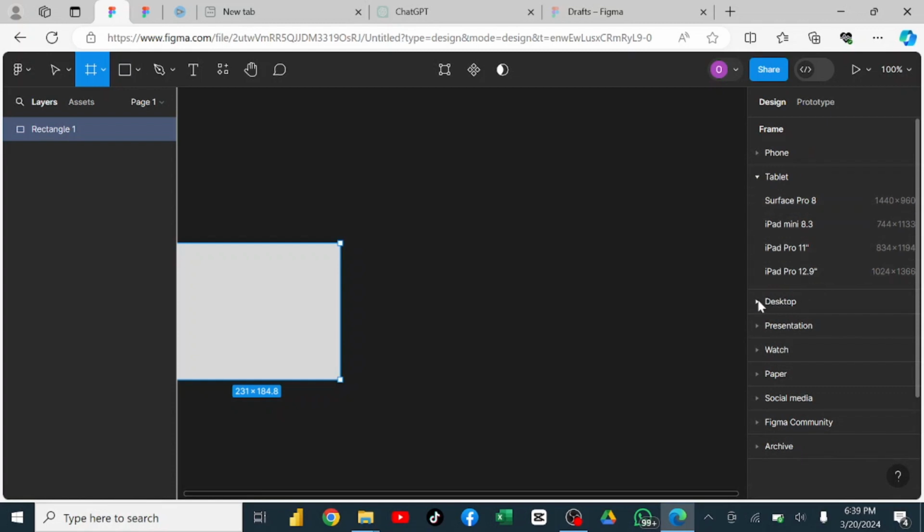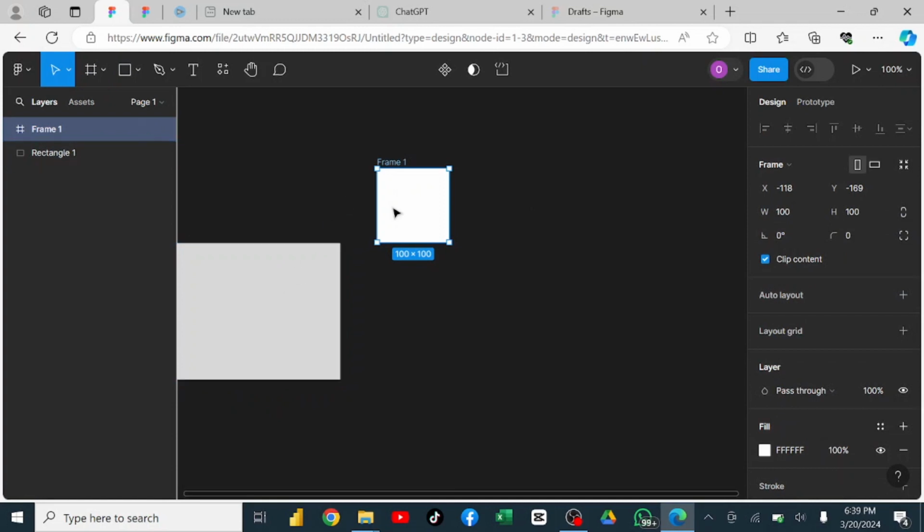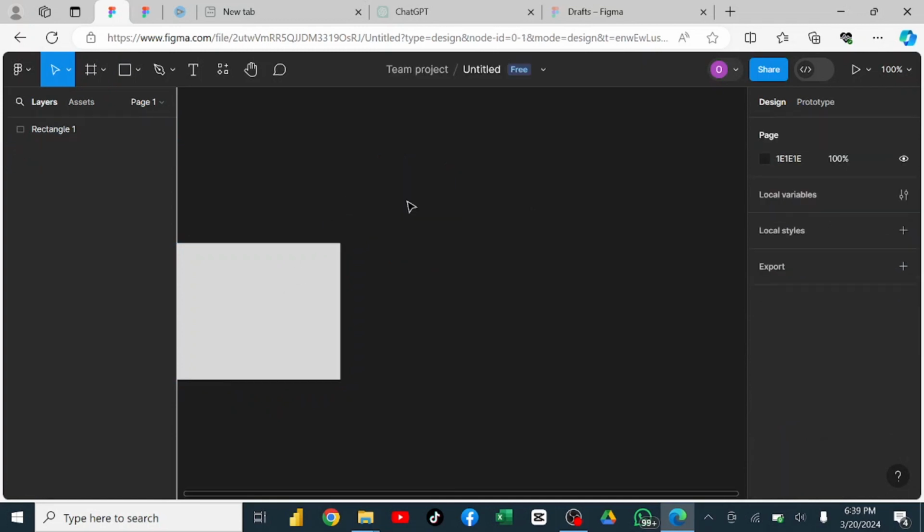If you want to design a website, when you click on desktop, you notice the desktop wireframe. You understand, desktop is designed for a website. When you're designing for a website, the screen will be visible on the laptop screen, the fit size. So now that is all for it. When you click on the frame,